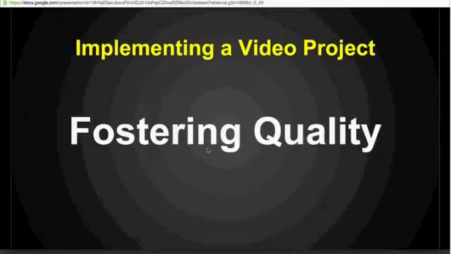So let's get into the idea of quality. How do we get these kids to make good videos? Because if they're going to make videos, and we're going to watch them, they might as well be good. Those are the kind of things that get us excited about their possibilities and get them excited about their possibilities. When they make a really good video and everybody in that class turns and says, that was great, those are really good moments.